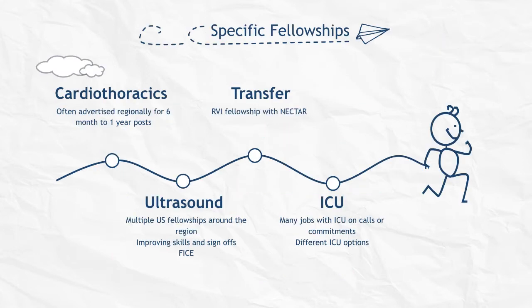In terms of specific roles around the region, just a few roles that I've seen advertised: an anaesthetics and intensive care sling. I know that there's a regionally advertised cardiothoracics fellowship, which could be 6 months to 1 year, aimed at post-core trainees. I know that there's a transfer fellowship currently being advertised, again could be 6 months to a year. It's an RVI fellowship, but with NECTAR, and I think there's intensive care and possibly scope for some anaesthetics. There are numerous hospitals offering ultrasound fellowships. That could be intensive care, emergency medicine, acute medicine, and these are often aimed at developing specific skills and sign-offs, sometimes even FICE, echoes, and